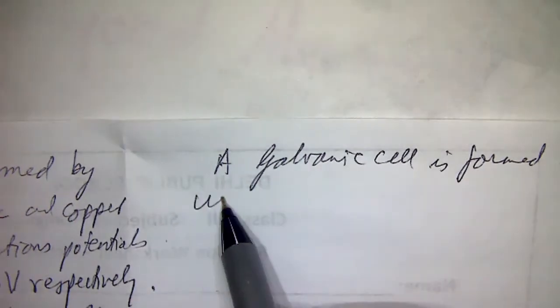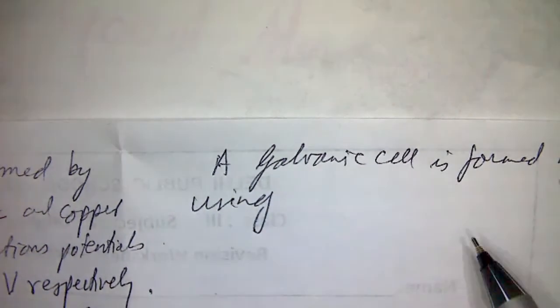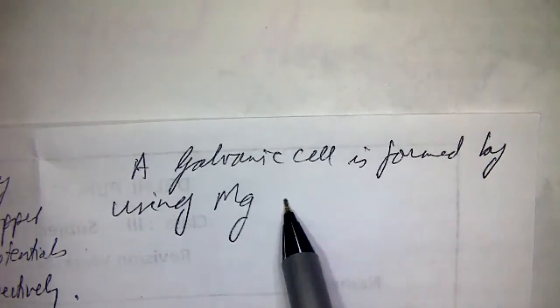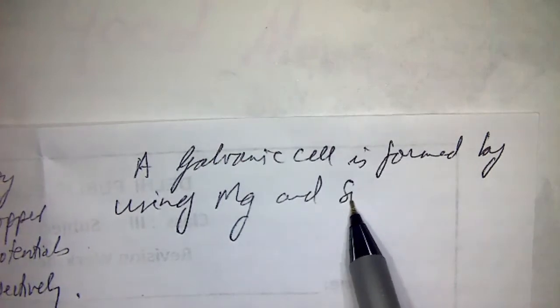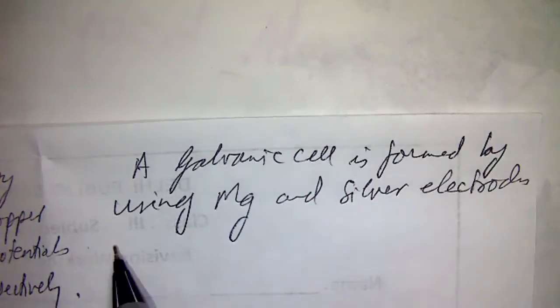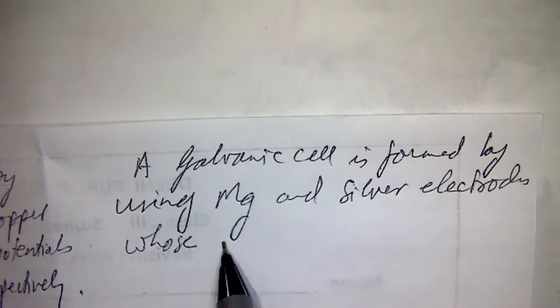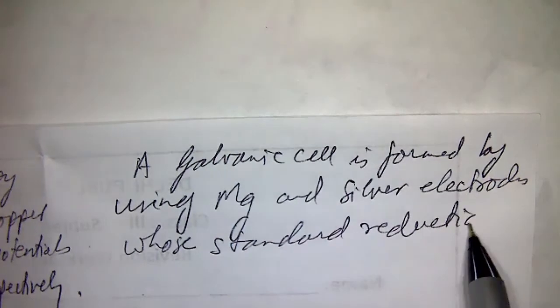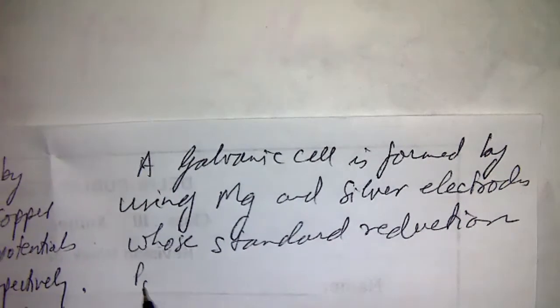A galvanic cell is formed by using, suppose I give you, magnesium and silver electrodes whose standard reduction potentials